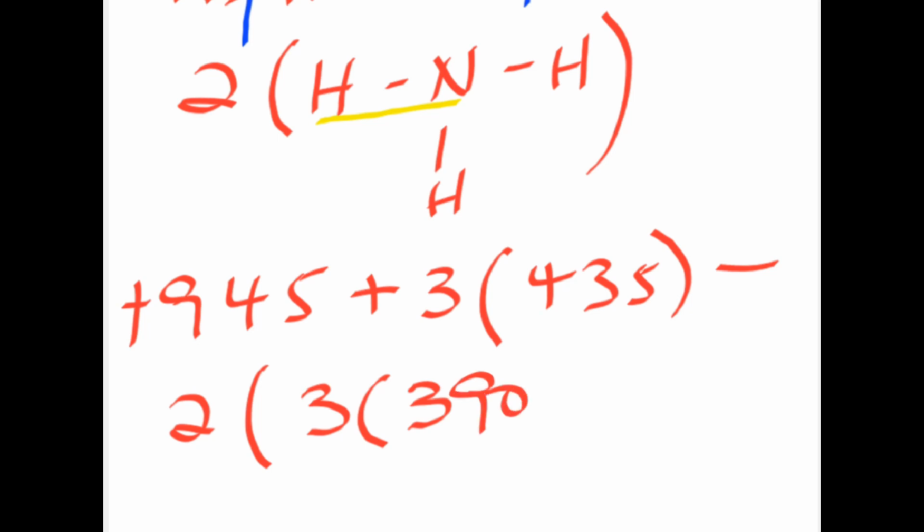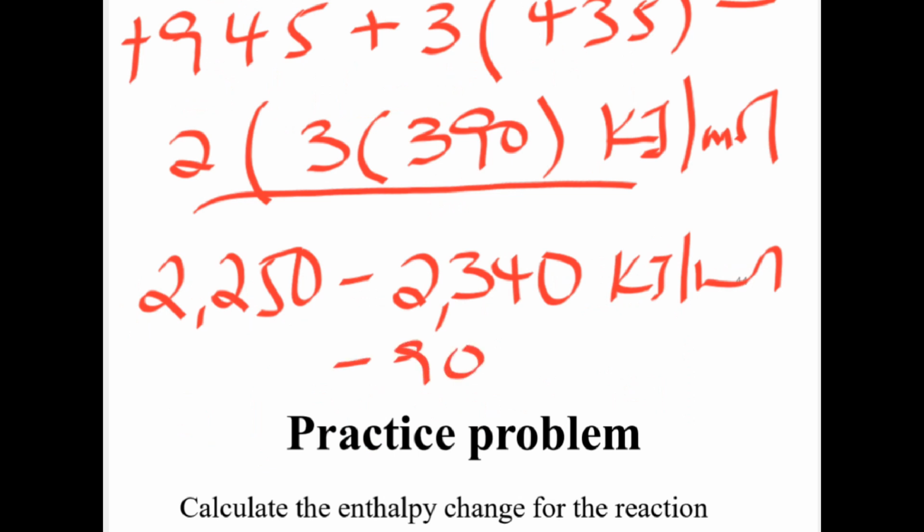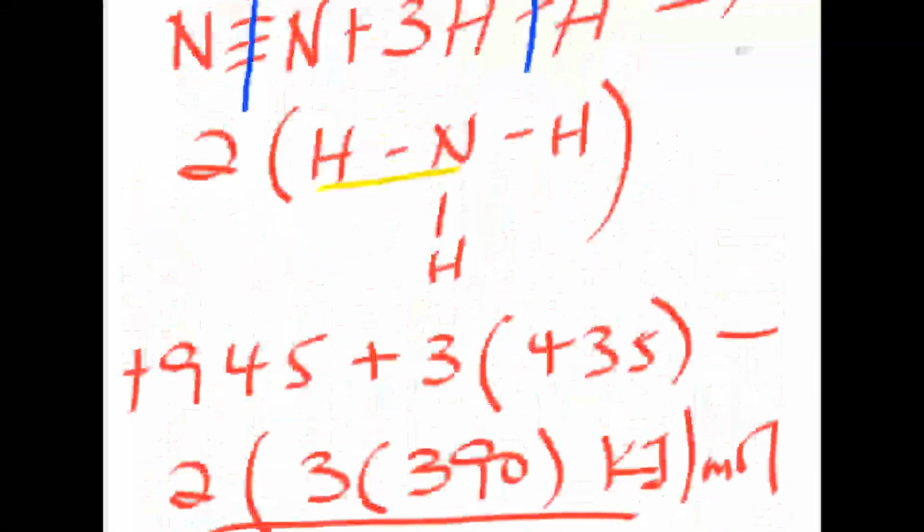So this is kilojoule per mole. So minus 90 kilojoule per mole is the enthalpy change for the reaction above ማለት ነው።